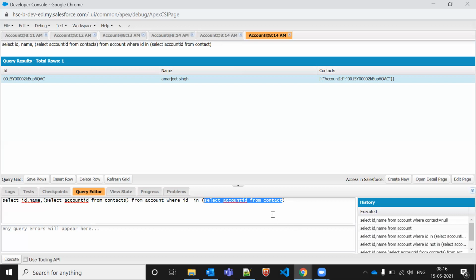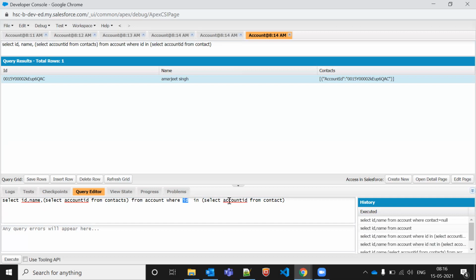It's just going to return the account ID from contacts. Account ID, the parent object ID, right? So this account ID it is returning and these are the same, right? Yeah. These and these are the same.